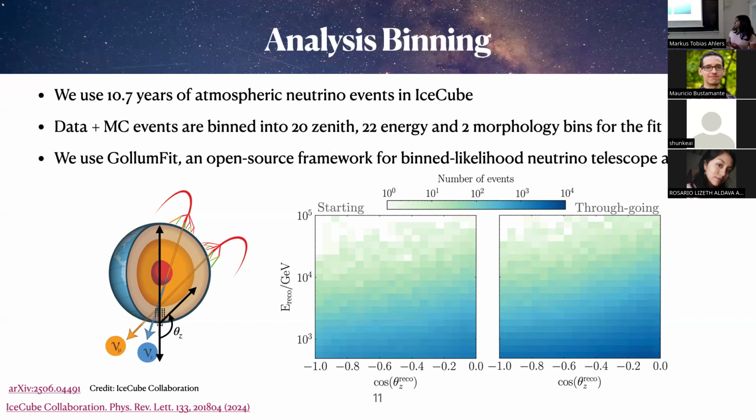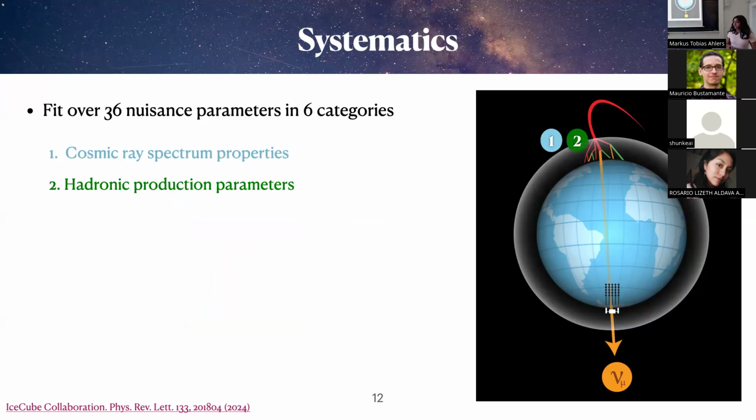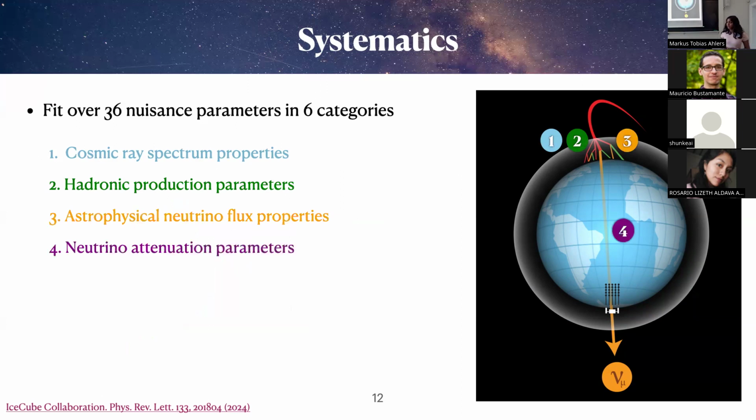And then the 2 topologies we use are starting and through-going tracks, where starting tracks are events where the interaction vertex occurs within the volume of the detector, and through-going is when the interaction vertex is outside the detector. So we fit over 36 nuisance parameters divided into 6 categories for this fit, where we have the cosmic ray spectrum properties, the hadronic production parameters, the astrophysical neutrino flux properties, the neutrino attenuation parameters, which encode the Earth density parameters, and then the overall flux normalization and the detector response, which encodes both the DOM and the ice